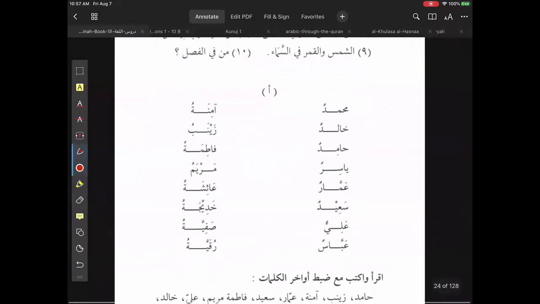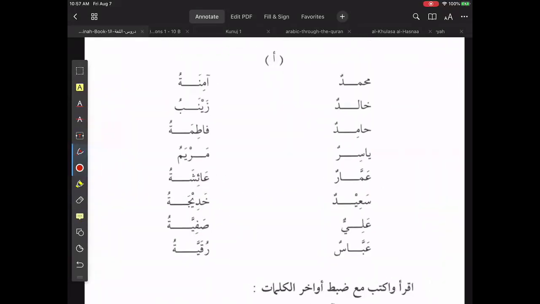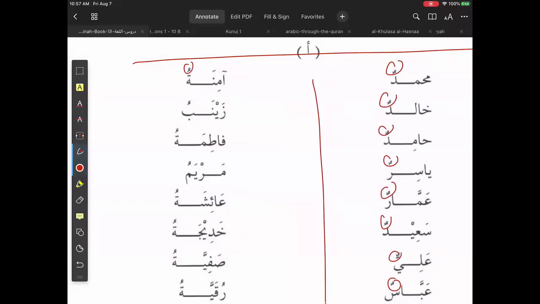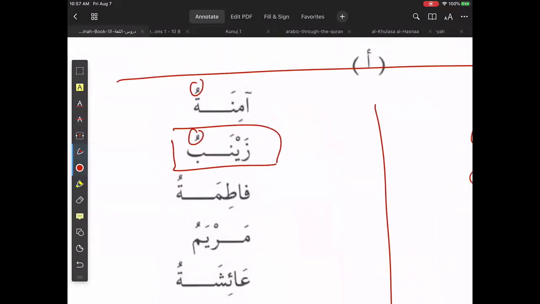Okay, and this is what I was talking about. They're showing you two kinds of words. Muhammadun, Khalidun, Hamidun, Yasirun, Ammarun, Sa'idun, Aliyun, Abbasun, everything ends in un, right? But what happens here? Aminatu, Zainabu. This is interesting because I didn't know they would give you the exception. Basically the rule is